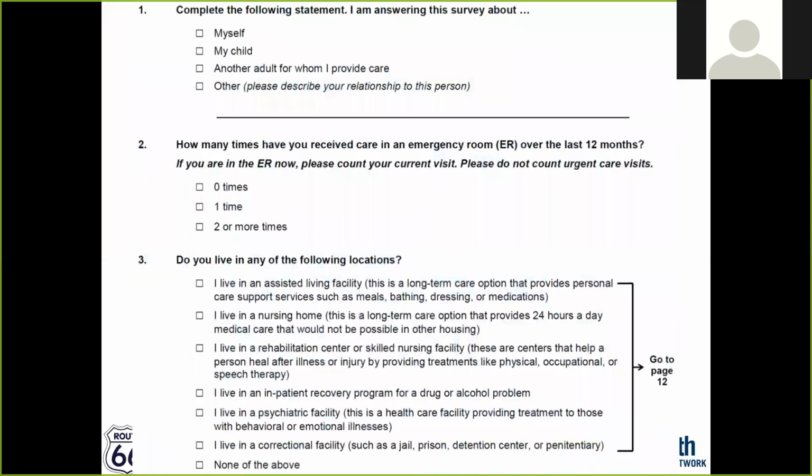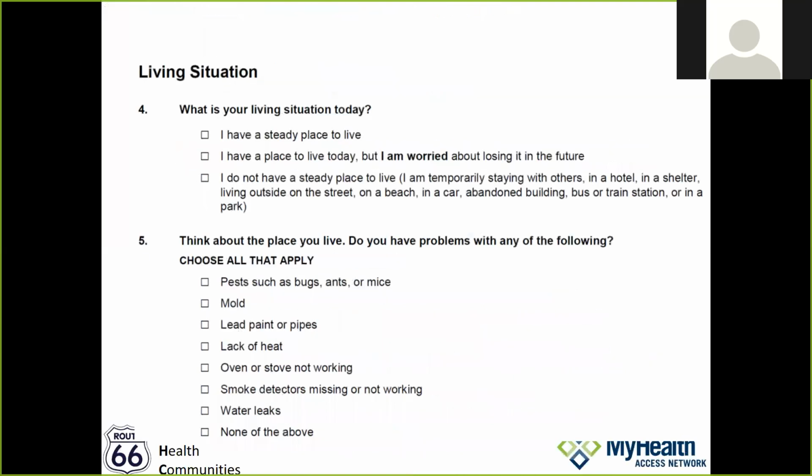The questions under the Accountable Health Communities are a little more, I don't know, broad and confusing. What you see here are the questions we're required to do as a part of this Medicare project. I'm tempted to pilot both and see how they go, but what you see here is a set of questions that are a little more detailed. Like question 3 there, do you live in any of the following locations? I can indicate the kinds of space I live in. But I'm not sure what to do with the answer to that question.